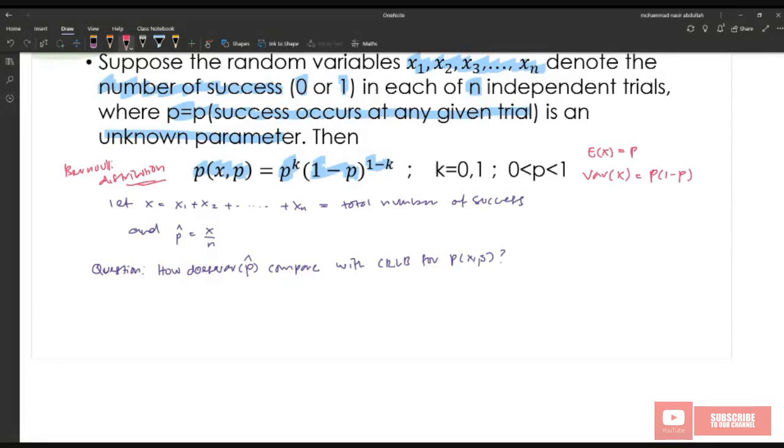And for the unbiasedness, let's check for unbiased,